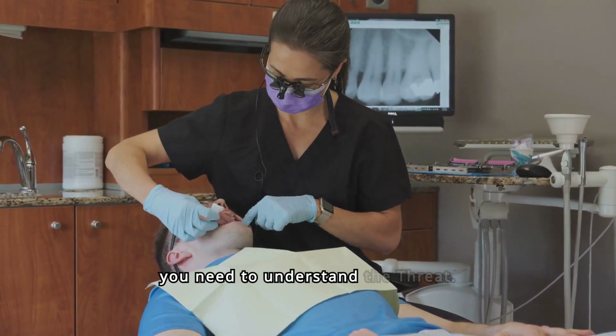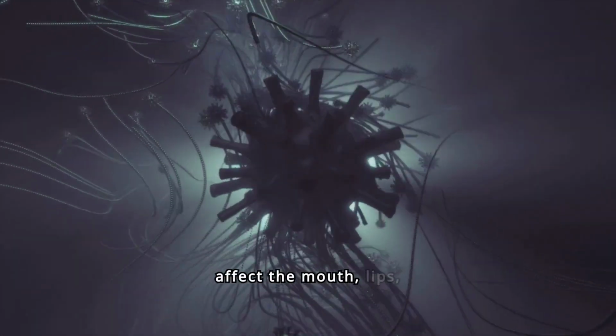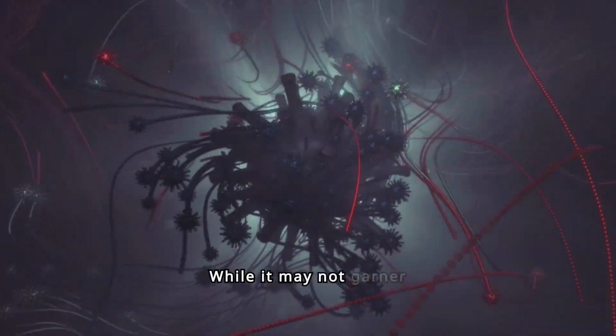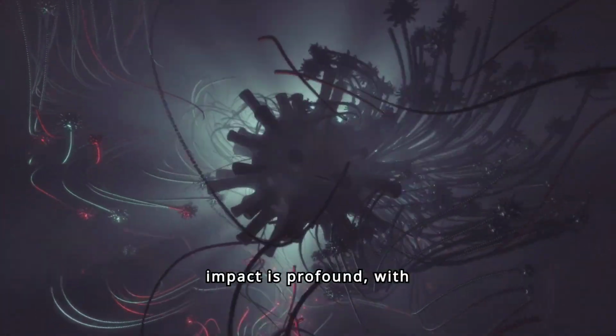First, you need to understand the threat. Oral cancer encompasses a spectrum of malignancies that affect the mouth, lips, tongue, throat, and surrounding tissues. While it may not garner the same attention as other forms of cancer, its impact is profound, with significant morbidity